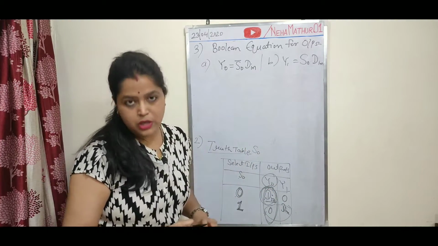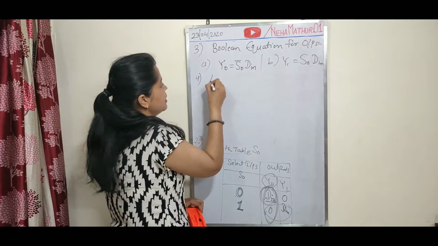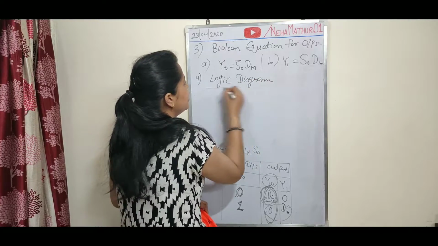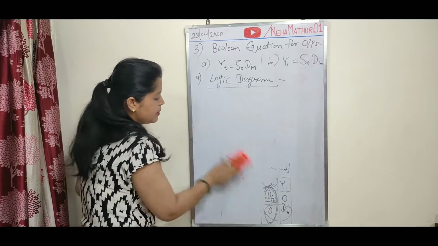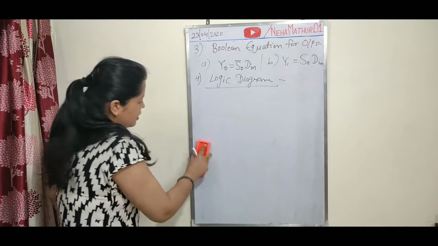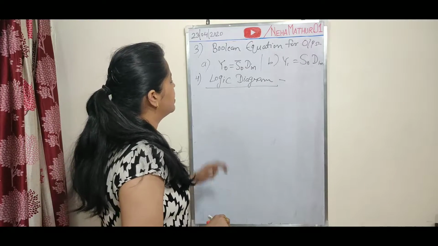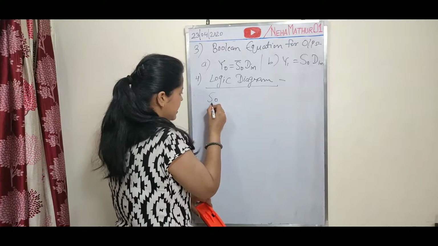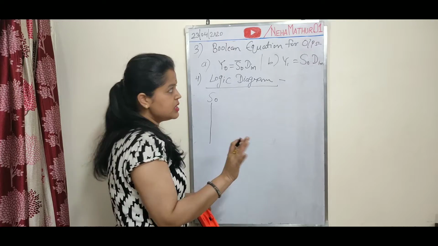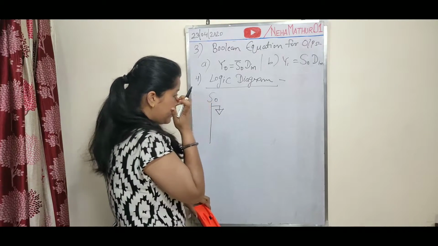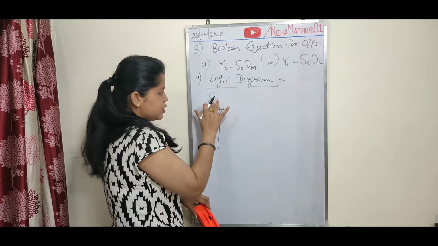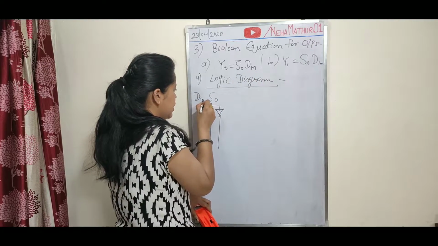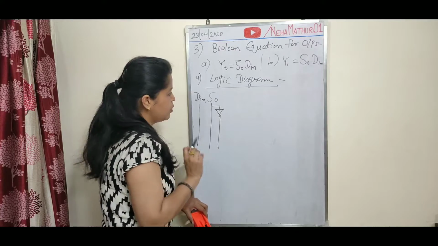Now you have equation for both the outputs. Now you can easily implement your logic diagram for 1:2 demultiplexer. Now no need of this truth table. So try to find out number of common inputs. Here you have S0, which is a selection input, common for both the equations, and S0 bar is also used. So I am using one inverter to invert S0 so that I can get S0 bar also. Similarly, one more input, which is Din. So I am taking one more line to represent Din over here.